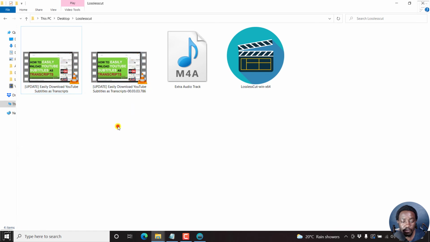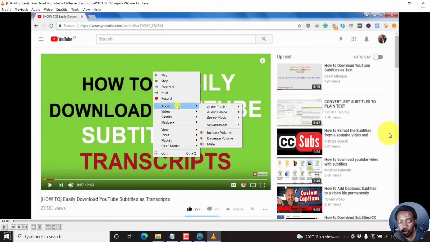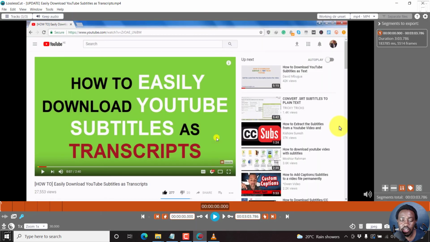Here's a new file. If I double click on it, pause it, right click, audio track, it now has 2 tracks. So if this was in a foreign language and you wanted to share it with people, then they would easily consume this media because you've availed a foreign track for them. So that is how you can easily add multiple audio files to a video for free without re-encoding the video